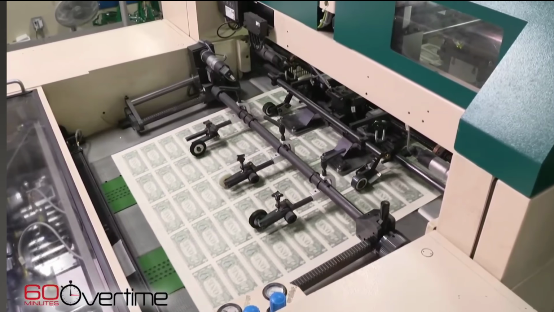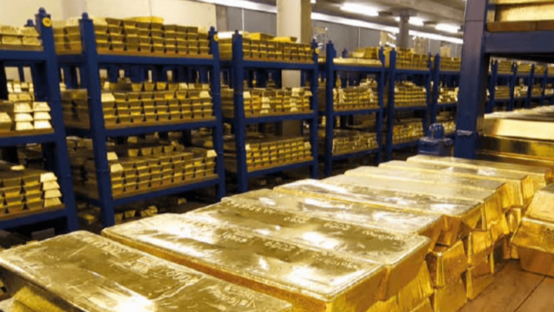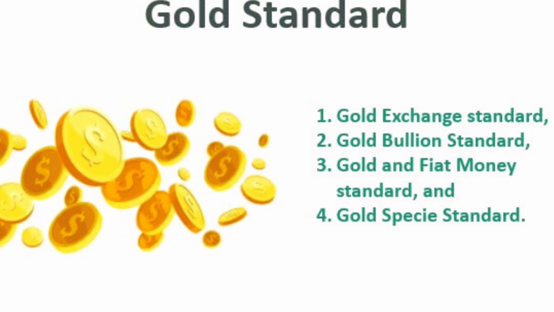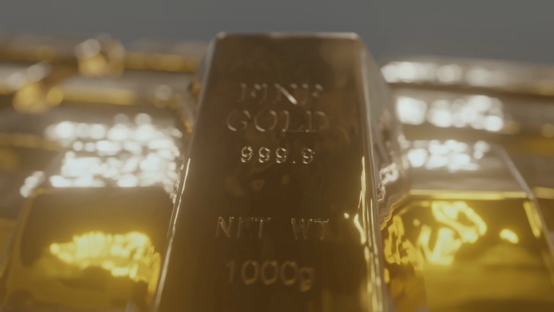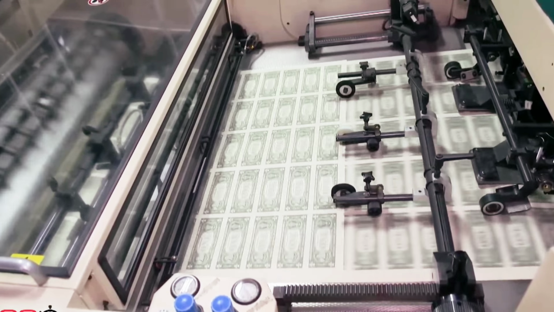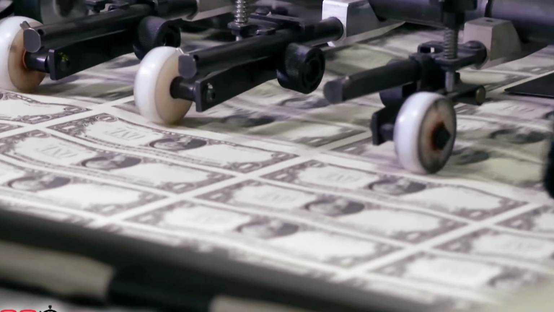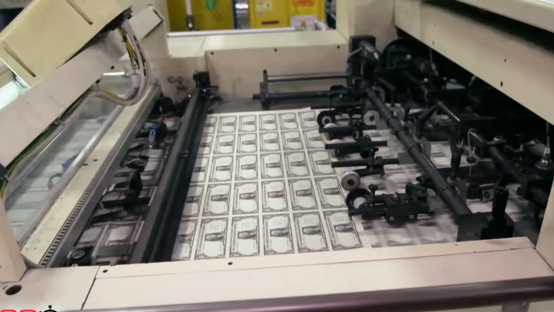Essentially, every dollar bill printed in circulation was backed by physical gold that was held in a bank. While the gold standard did have its issues, at least it gave real physical value to paper money printed. It prevented the government from just printing unlimited money that was backed by nothing, sort of like we have today. Our money is backed by the word of the Federal Reserve.